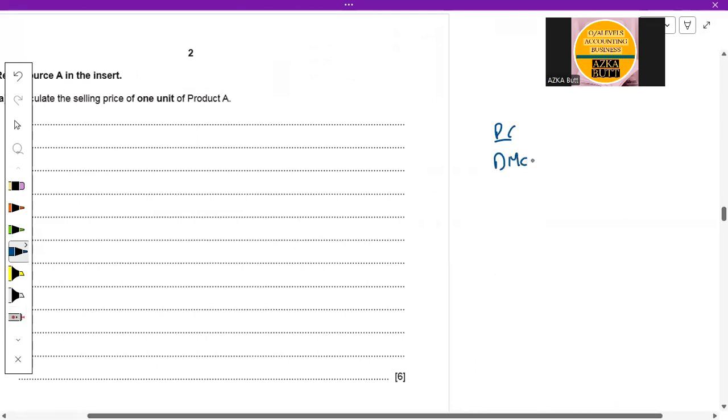So the total direct material cost per year for product A is $28,000, and the total number of units we produce is 200 units, and the material cost per unit would be